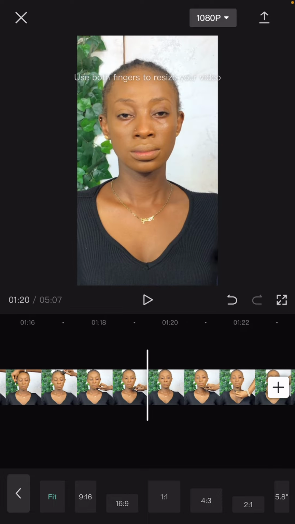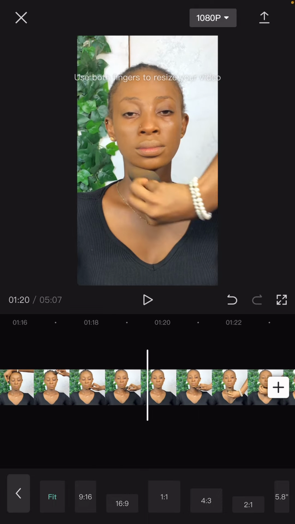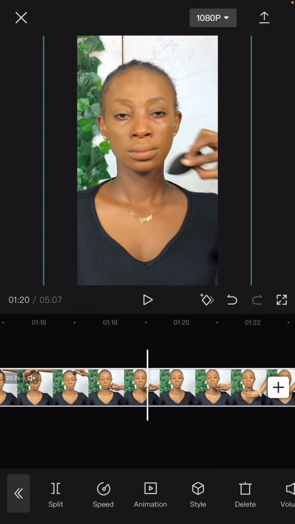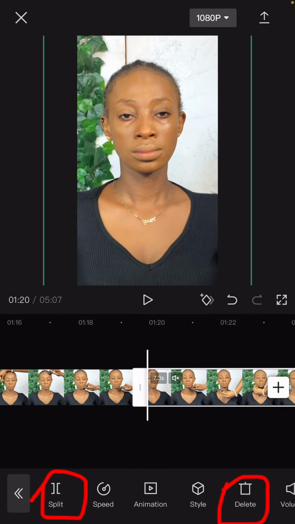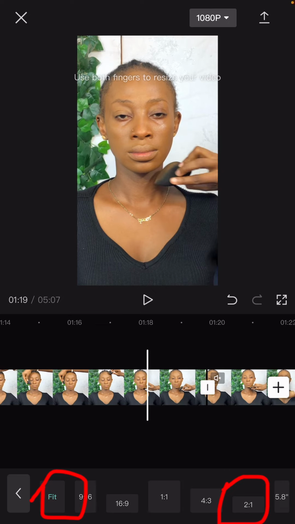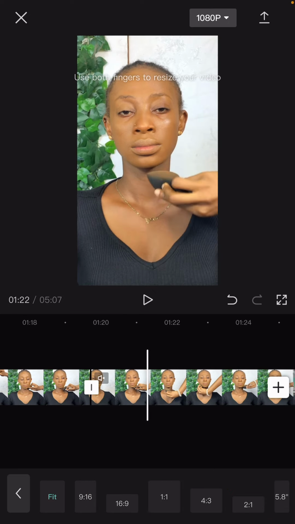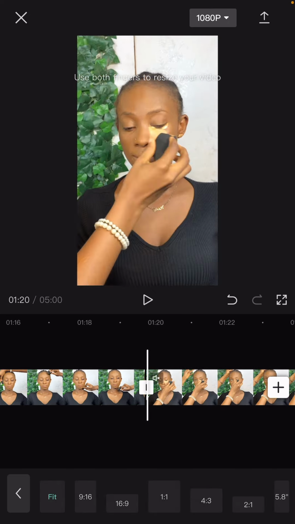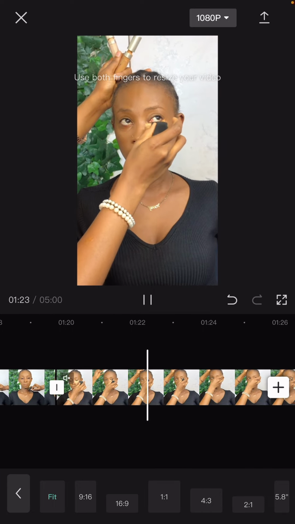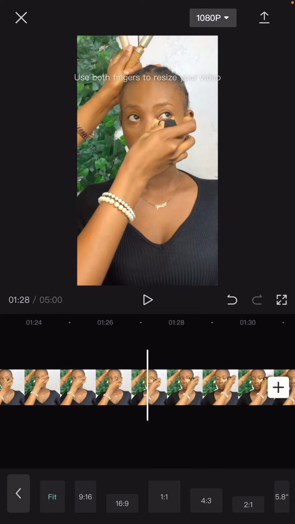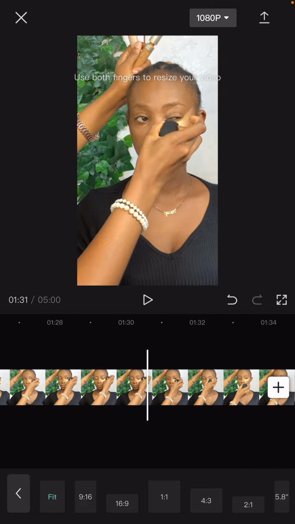So the next thing to do is to cut again or split. You highlight and you split, okay, then delete the one that you don't want, and the one that I don't want is this one, so I'll delete it. All right, so this is the concealer application process. Okay,